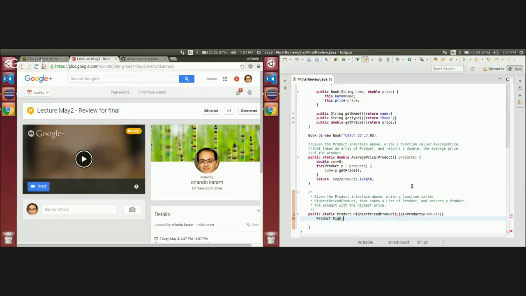What do we start it with? Not zero, right? Well, what are we storing, the product or the price? We can store the product, right? So we would start with what? The product at 0, right? It needs to be a product. We could have null and then have an if for null, but